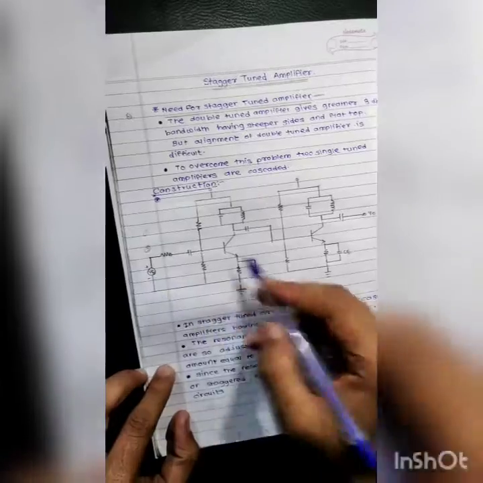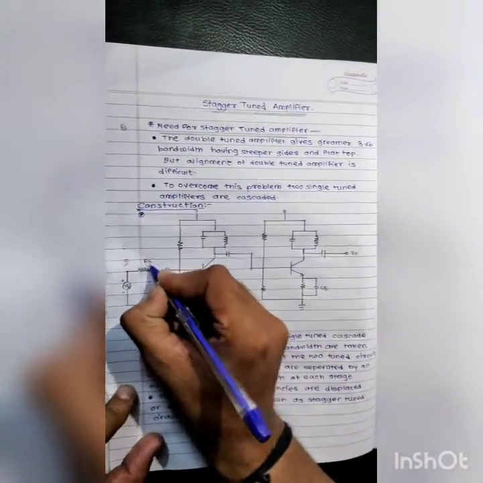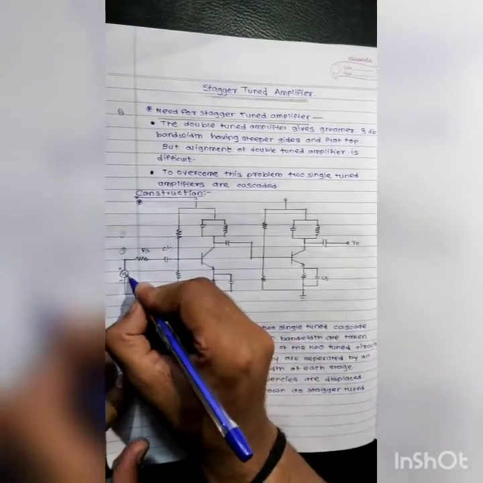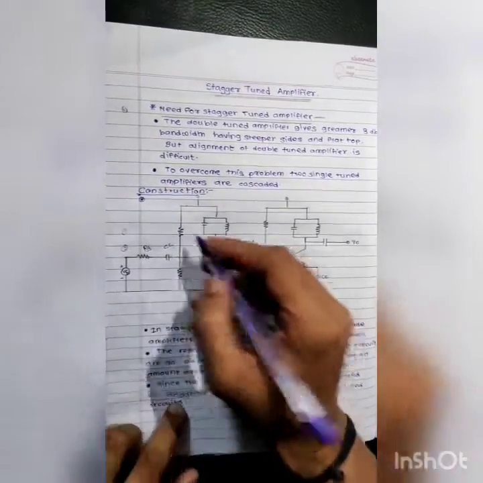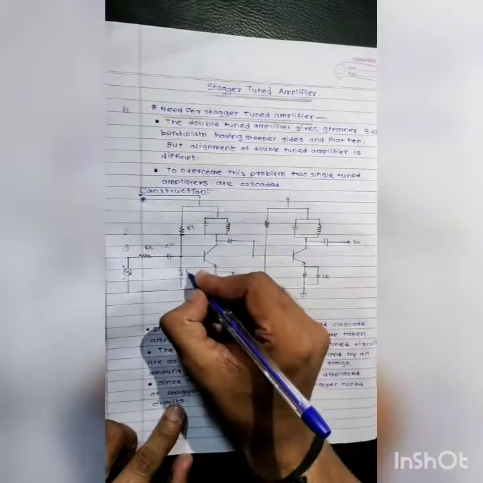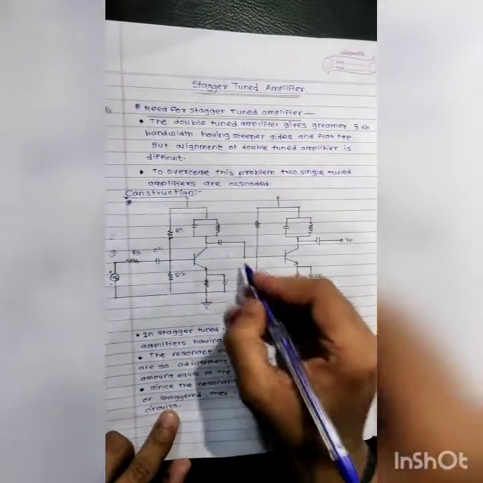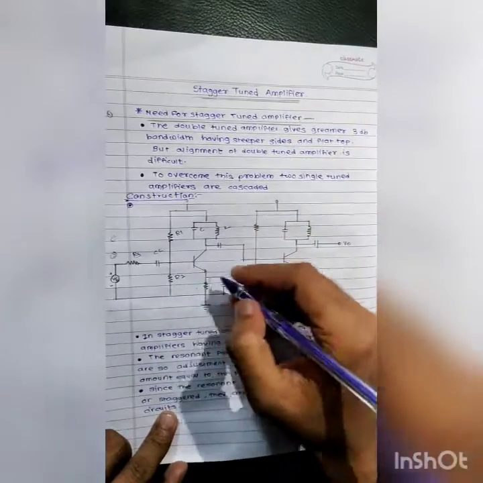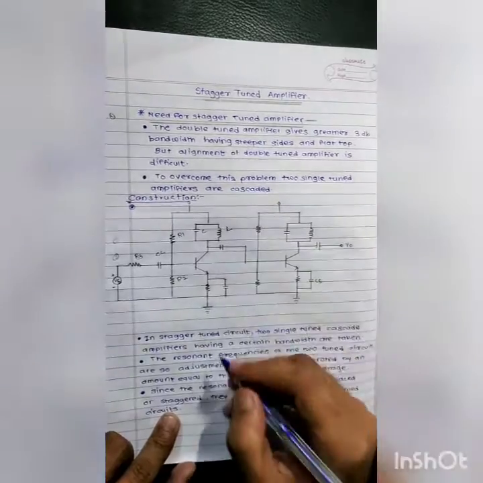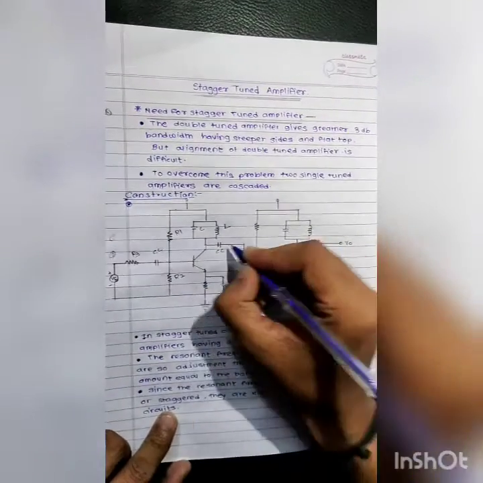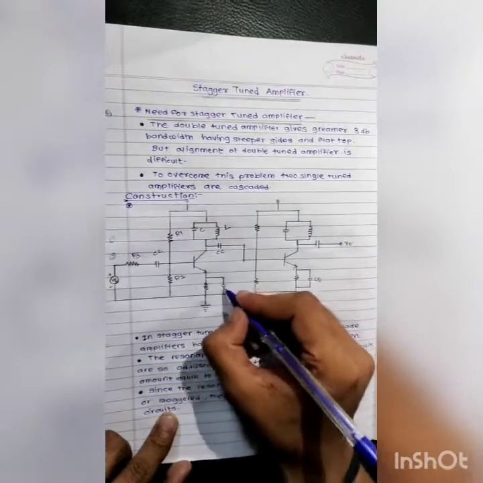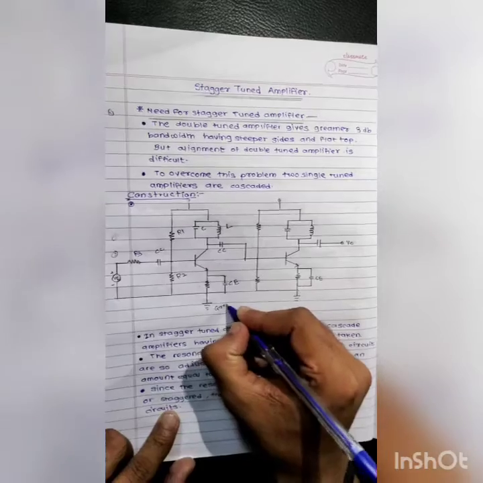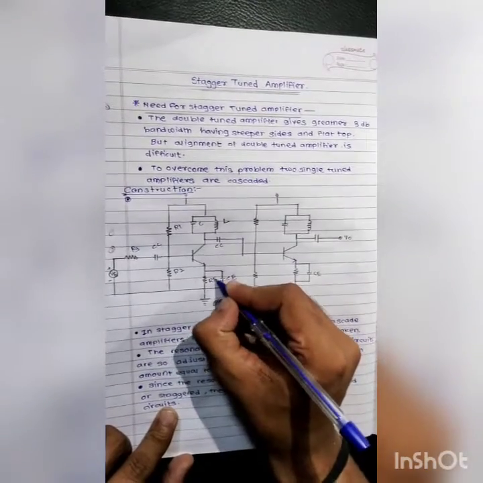This is R3. This is CC, meaning coupling capacitor. This is VS, meaning source voltage. This is R1. This is R2. This is a capacitor. This is an inductor, L means inductor. This is CC, coupling capacitor. CE is the emitter capacitor. This is ground. RE is the emitter resistance.